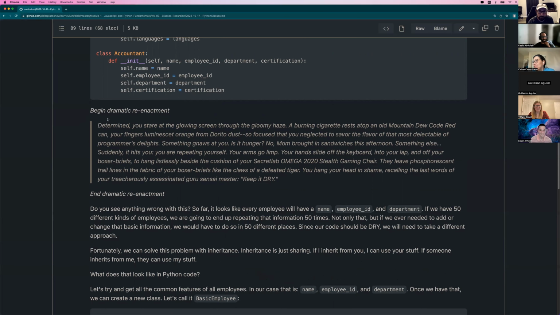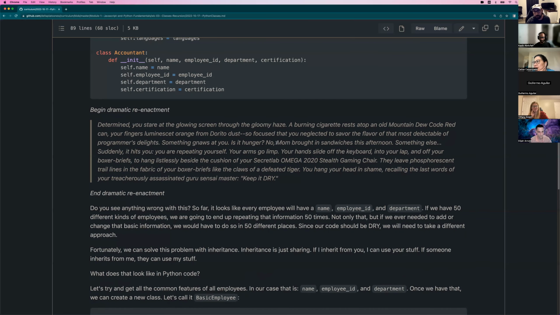All right. Determined, you stare at the glowing screen through the gloomy haze. A burning cigarette rests atop an old Mountain Dew Code Red can. Your fingers, luminescent orange from Dorito dust, so focused that you neglected to savor the flavor of the most delectable of programmers' delights. Something gnaws at you. Is it hunger? No. Mom brought in the sandwiches this afternoon. It's something else. And suddenly it hits you.